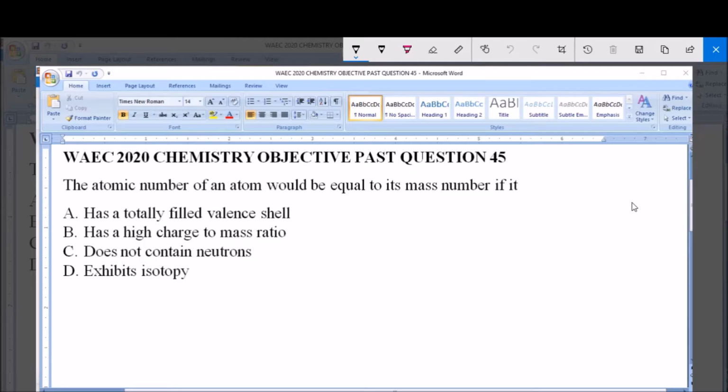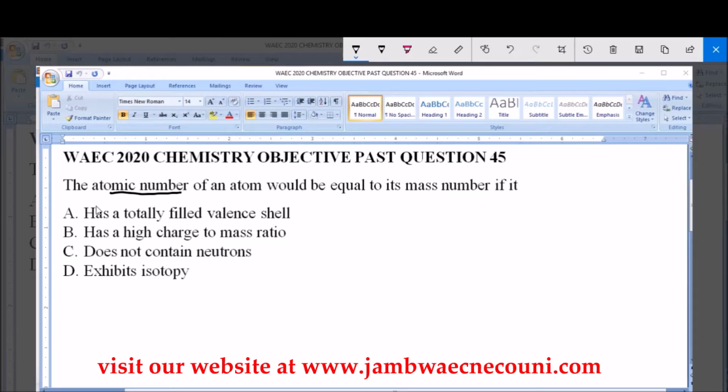The atomic number of an atom would be equal to its mass number if it A. has a totally filled valence shell, B. has a high charge to mass ratio, C. does not contain neutrons, D. exhibits isotopy. So we are asked when, or in what condition, would the atomic number of an atom be equal